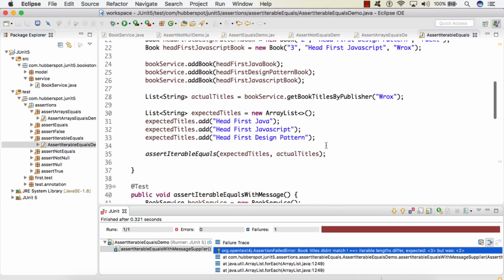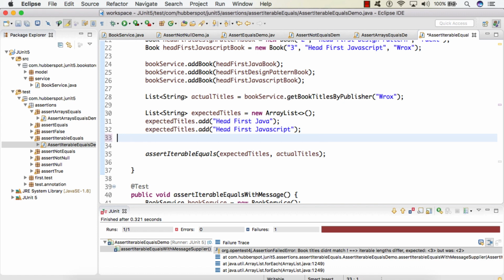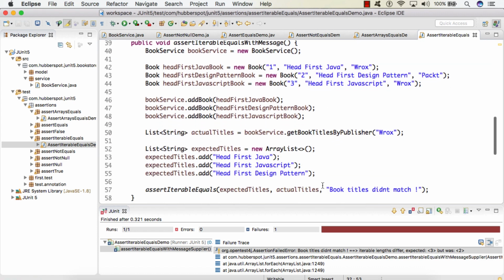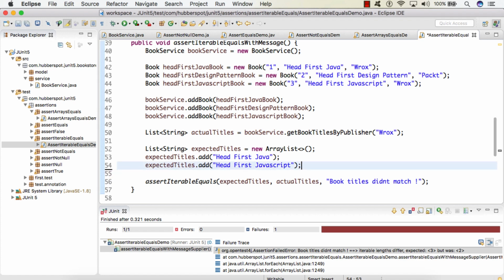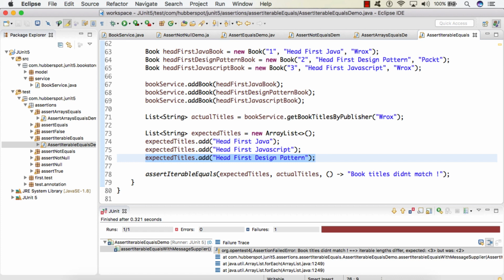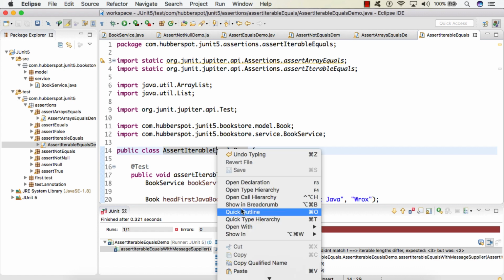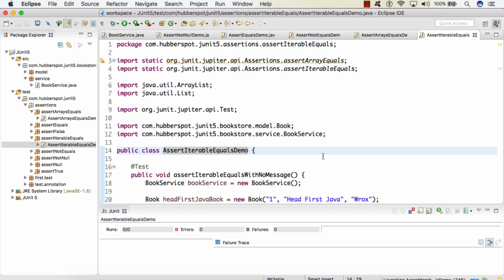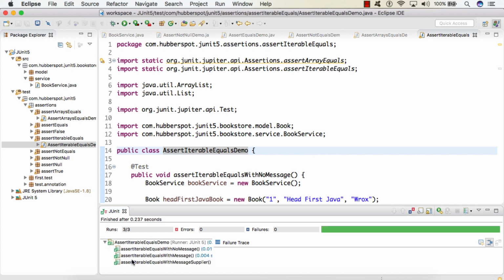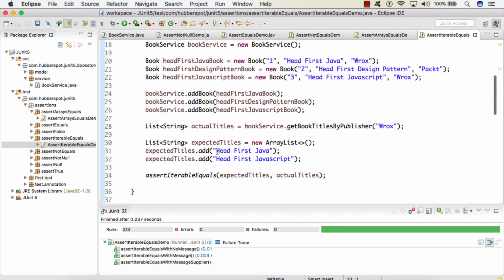So friends, if I remove this third expectation from each test case and run all the test cases together, you can see all 3 test cases passed, because what we expected is Head First Java and Head First JavaScript, and what we actually got is the titles Head First Java and Head First JavaScript, because these two titles matched with Vrox as a publisher.